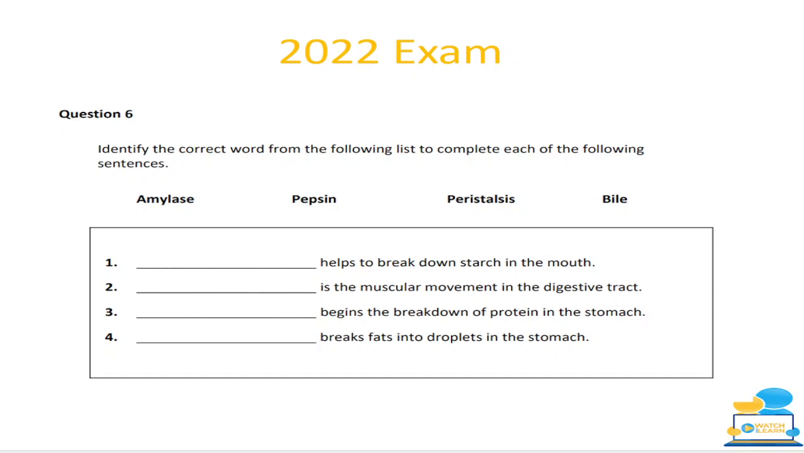So one word, short and sweet. This will be an 8 marker. You get 2 marks for each of 1, 2, 3 and 4, a total of 8 marks. You'll see that it has the words amylase, pepsin, peristalsis and bile, and you must use those words to fill in the blanks. If you use any other word that is not listed out of those 4, you will get